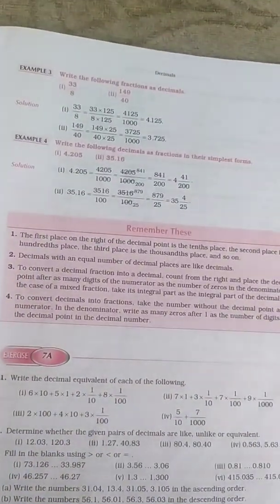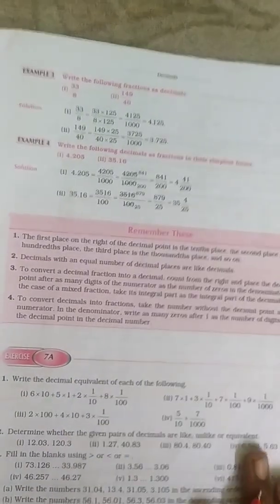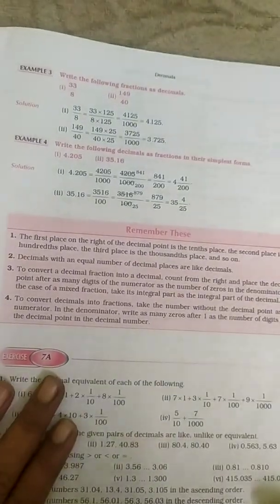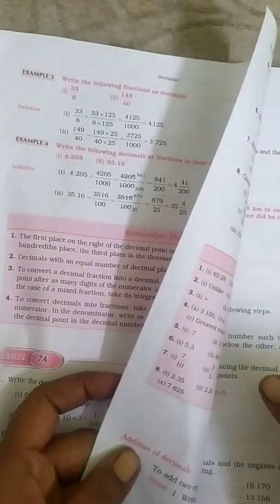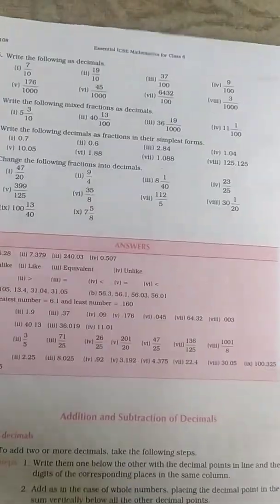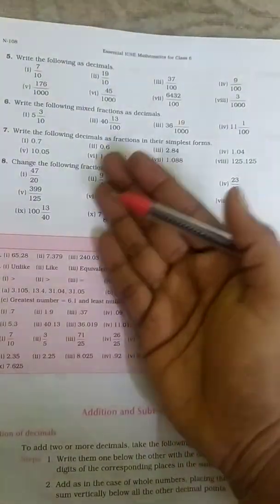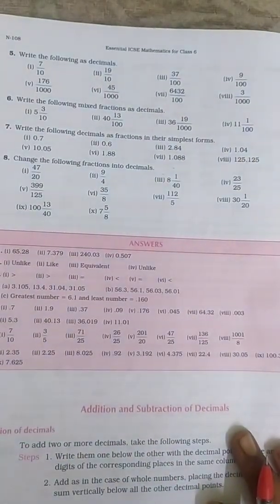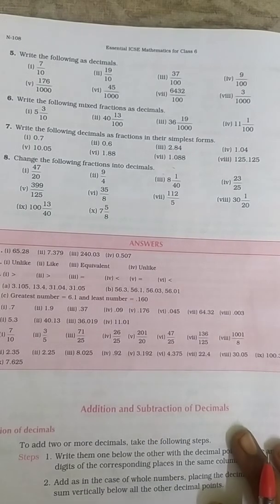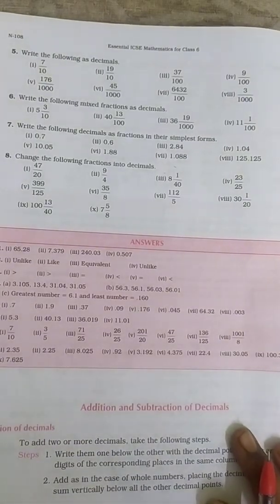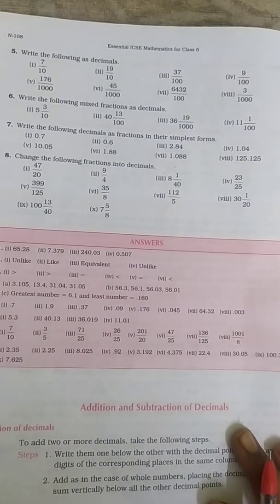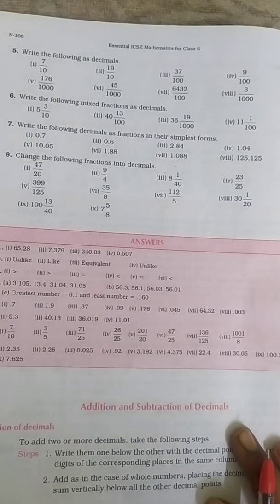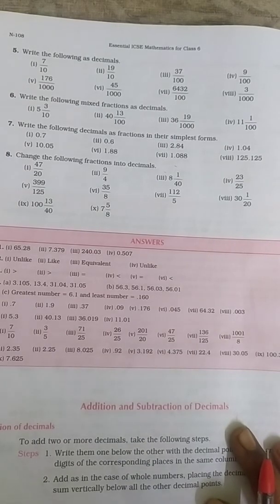In exercise 7a, all the 4 problems are very important. I have covered all these problems in your midterm examination, so work them out properly. Then converting a decimal into a fraction and a fraction into a decimal is also very important. So sit and work out all the problems. If you have any doubt, you can ask me. In the question paper also, if you have any doubt, you can call me on my WhatsApp number. I will explain the question also if you have any doubt. Revise well, work out all the problems. Thank you, students.